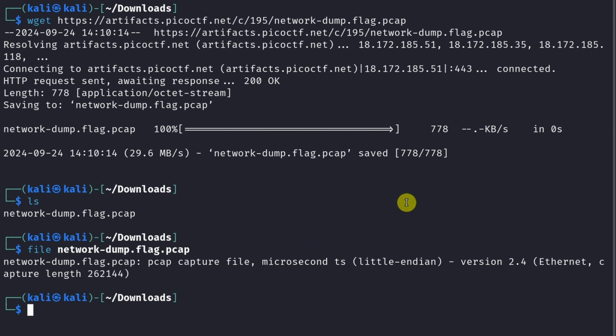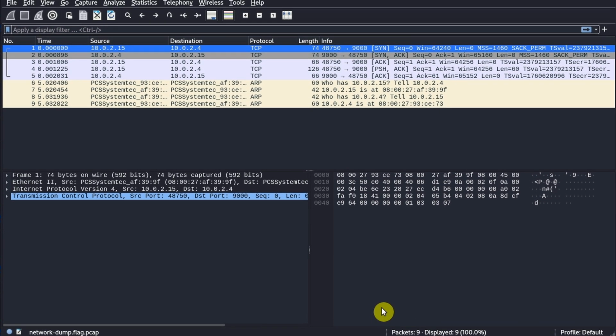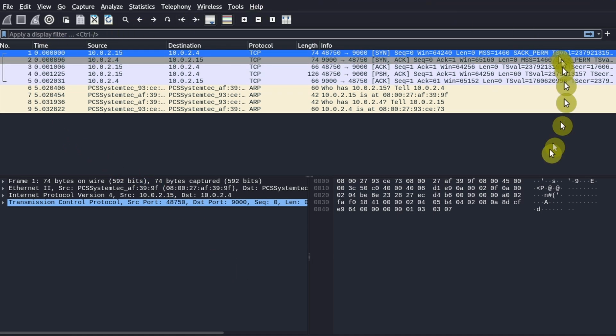So what we can do is use the xdg-open command, and xdg-open is going to take whatever file you provide to it, and try to open that file with the appropriate program. In this case, this being a pcap file, it's going to use Wireshark to open this file. So let's hit enter, and then Wireshark opens up. So this is the Wireshark